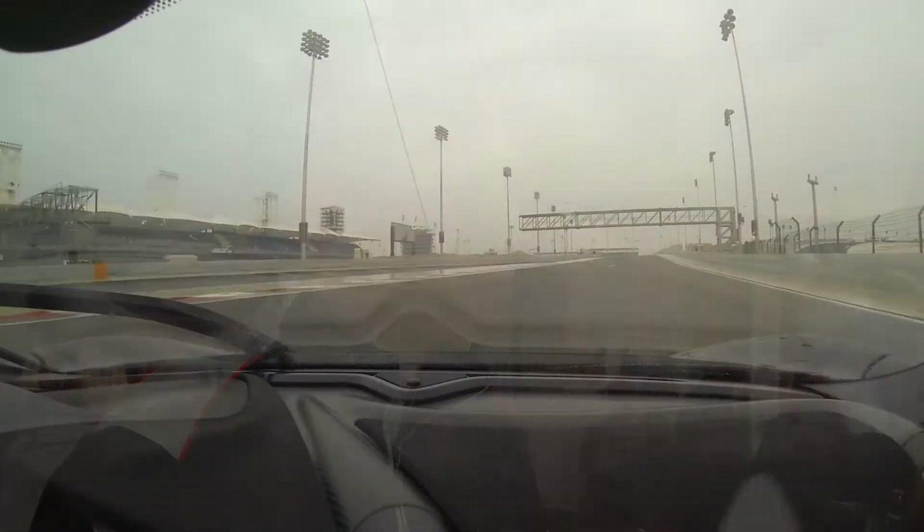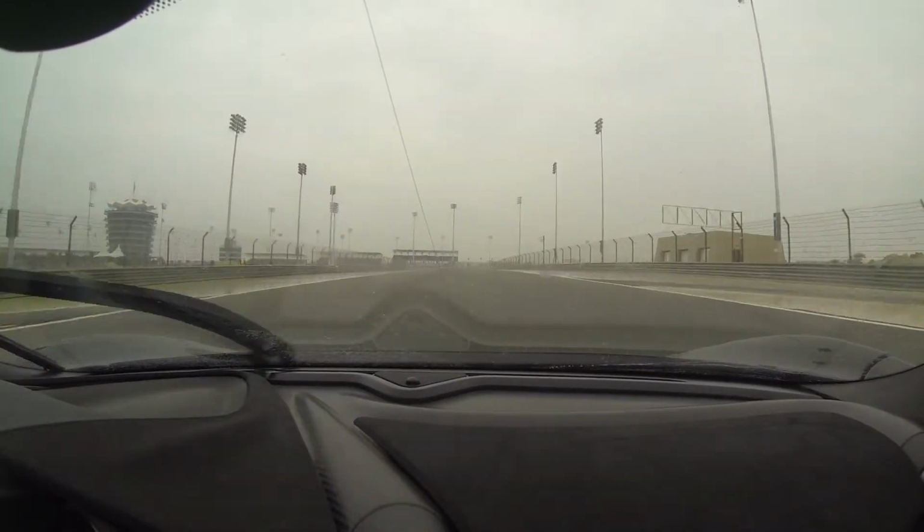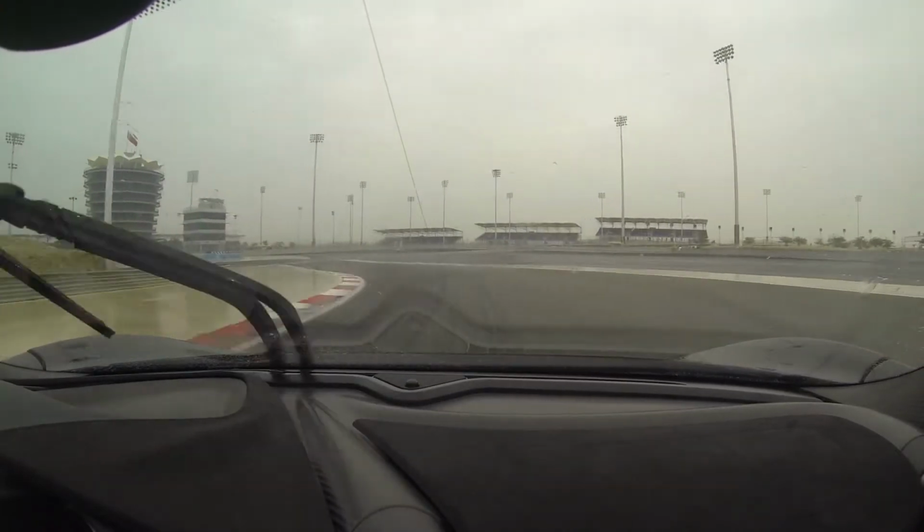It's great British weather today. You've just done a test. We've got you on film. Does that scare the pants off you? I wouldn't say scare, but it definitely gets your heart racing. There's a few standing water sections out there, and the car copes with it amazingly well, considering how much water there is. Like you say, we brought the British weather with us, but the car was just always so